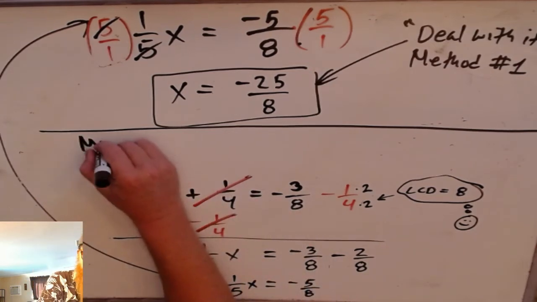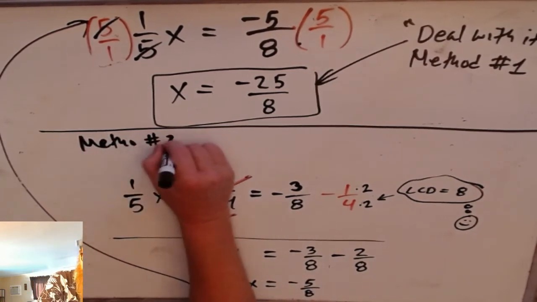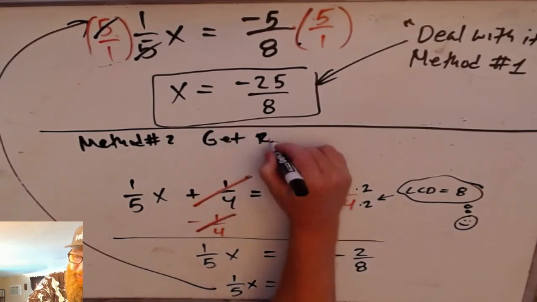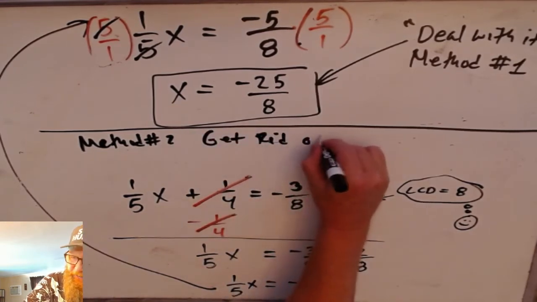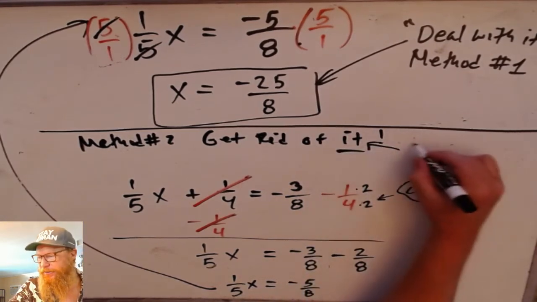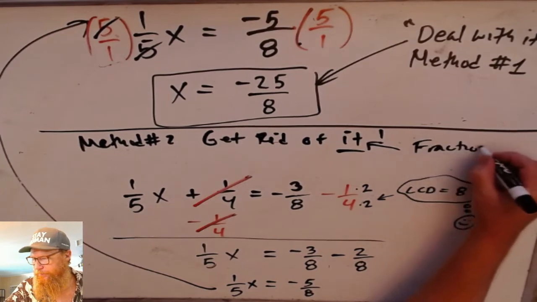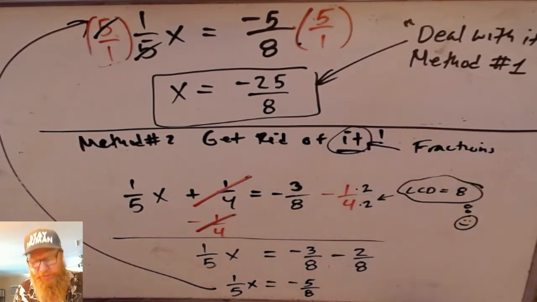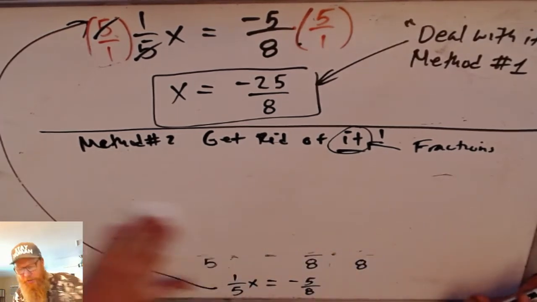So method number 2. Get rid of it. And when I say get rid of it, what I really mean is get rid of the fractions. Because that's really what people fear the most, right? If I were to do a survey,